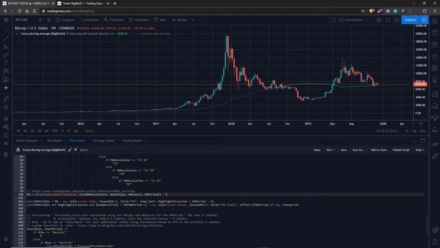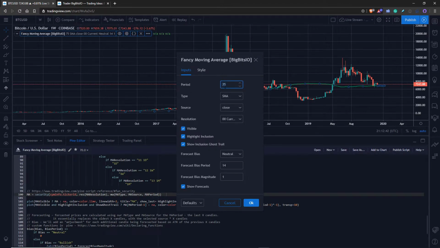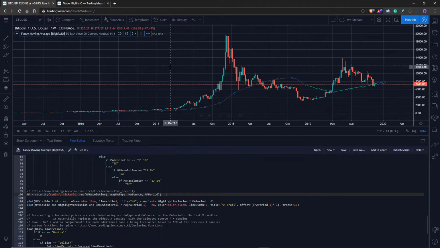Now, the way this works is we calculate our standard moving average, which in this case is 75 period. I want to move that back to 50. Okay, I think it's a little bit easier to see when that line isn't being covered up with candles. But we have a 50 period moving average, and the show last feature,